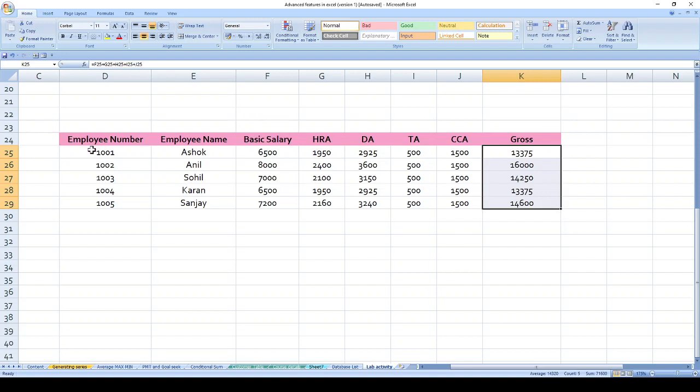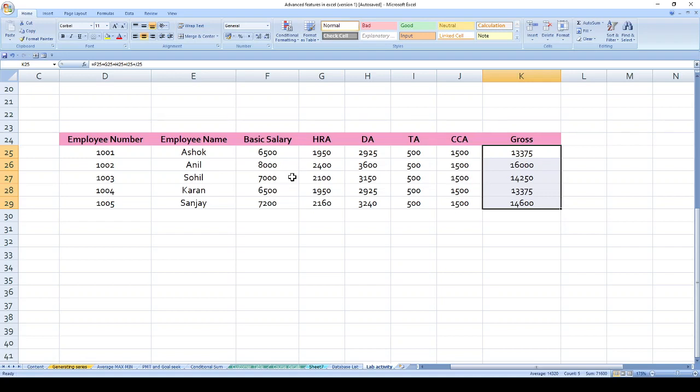So all these fields are there about an employee, and we will keep records of the employees accordingly. The employee numbers are from 1001 to 1005, and they are Ashok, Anil, Sohil, Karan and Sanjay. Their basic salary is also given.